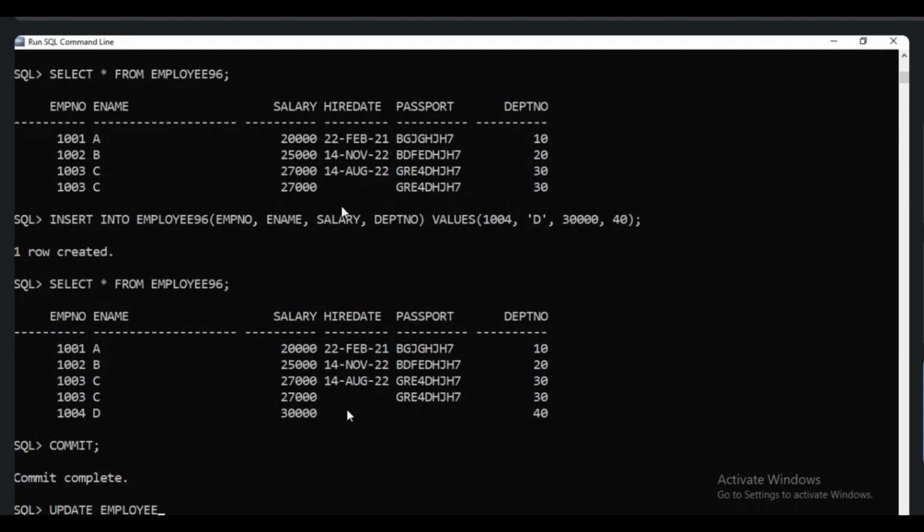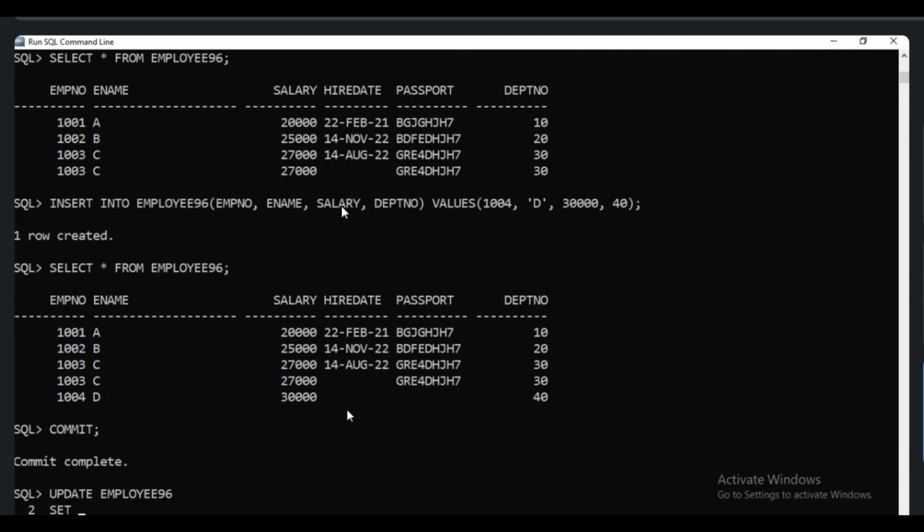Update employee set salary. I want to update the salary by 2000 to the existing salary: salary plus 2000. Next comma hire rate, so you can update the hire rate.